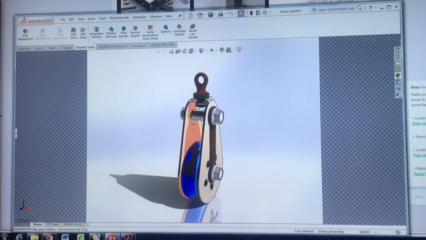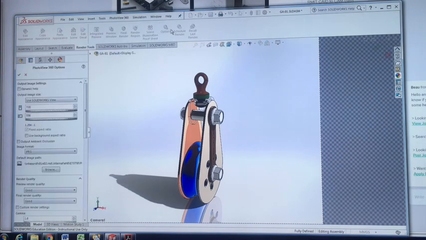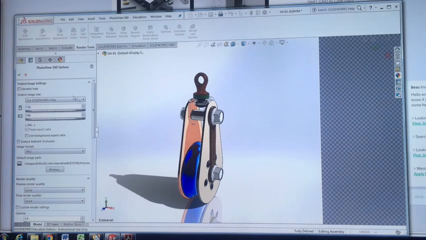Alright, so now's a good time to talk about the setup options for the image, and then we'll get to the scene last. So under the options tab here on the render tools, this is where you basically set up the quality, the size, some of the lighting details, etc. of your render. Turn on dynamic help, that will just give you some tips as you're scrolling over things. Output image